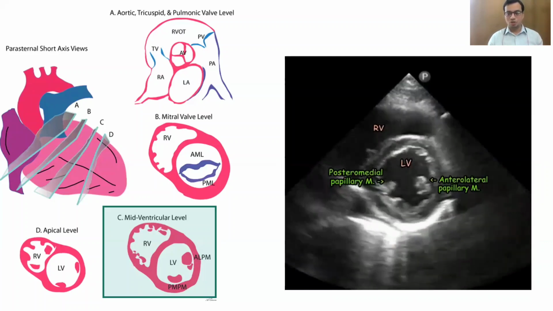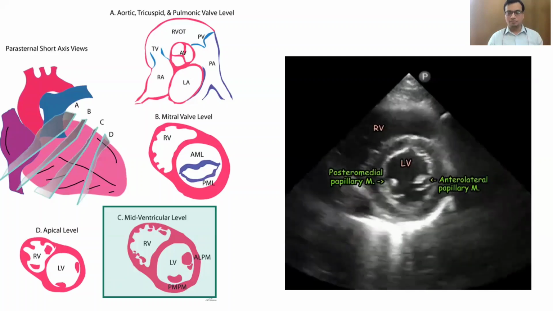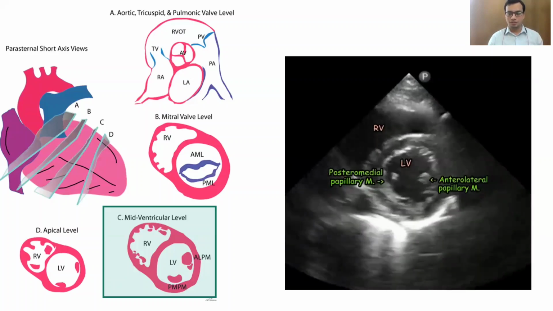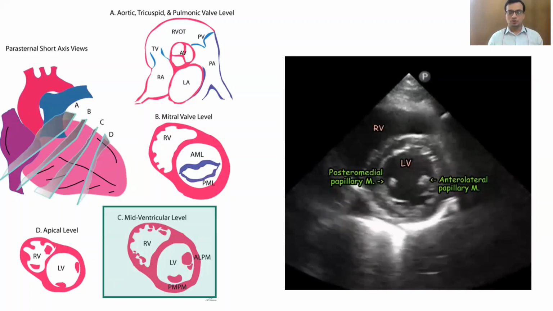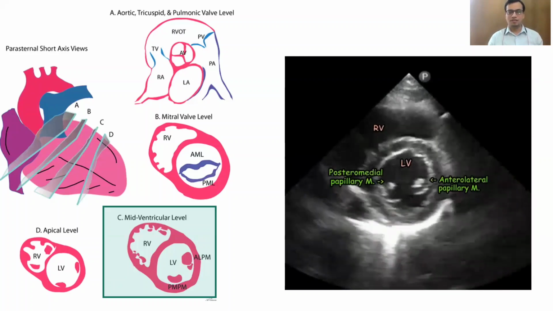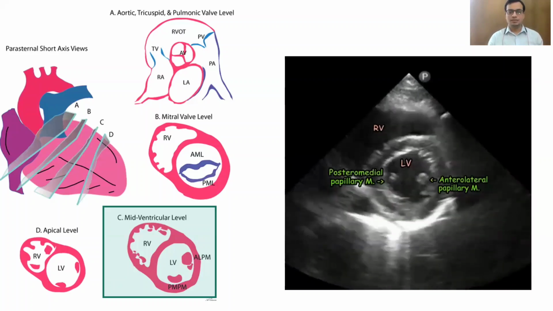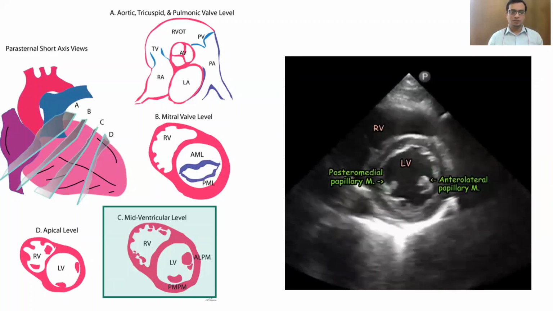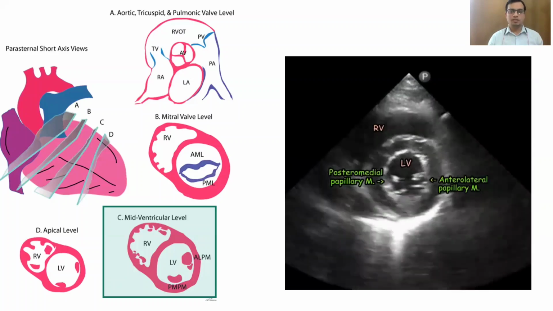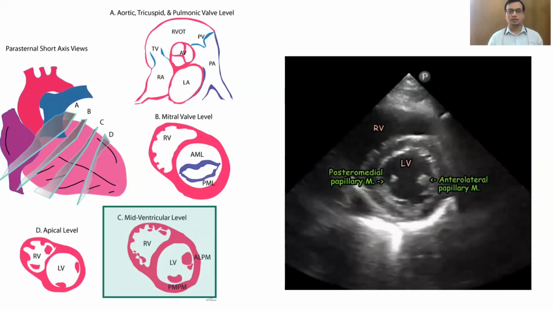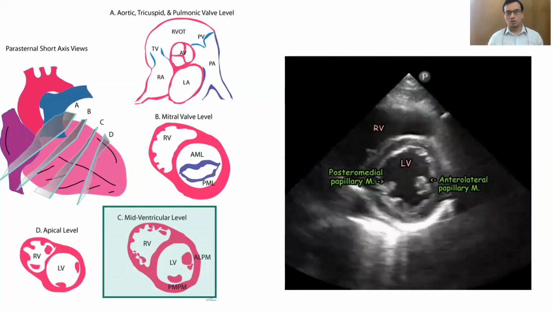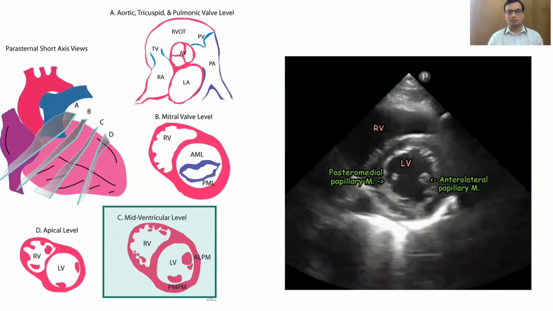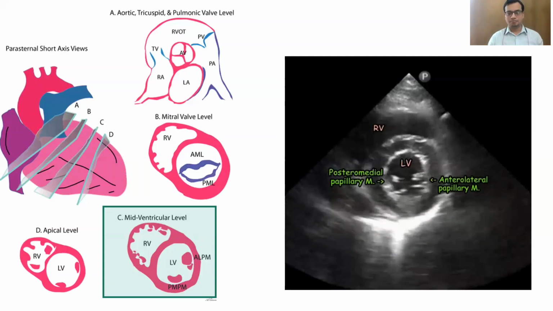The parasternal short axis left ventricle mid-view is ideal to inspect features such as the left ventricular function, regional and global, and the size of the ventricles and the characteristics of the left ventricular hypertrophy. You can see the LV wall hypertrophy very well at the mid-ventricular level. And at this level, you can actually comment upon the size of the RV, and also sometimes you can see the McConnell sign here, and also the D-shaped left ventricle when a pulmonary embolism is suspected.